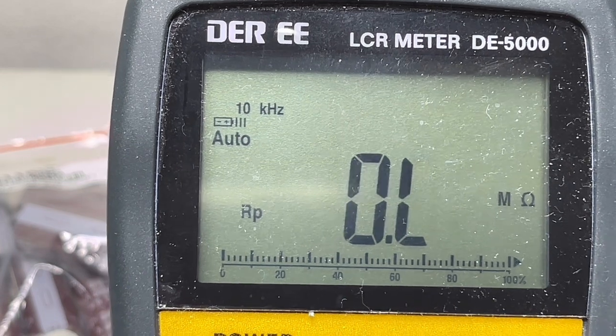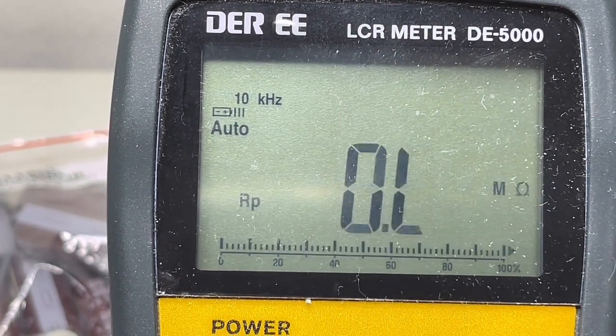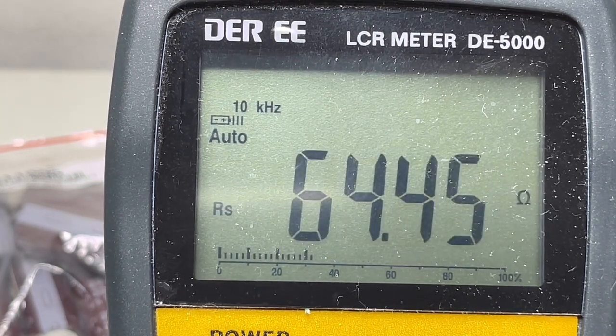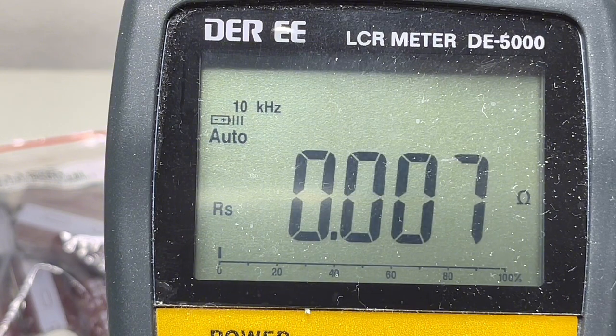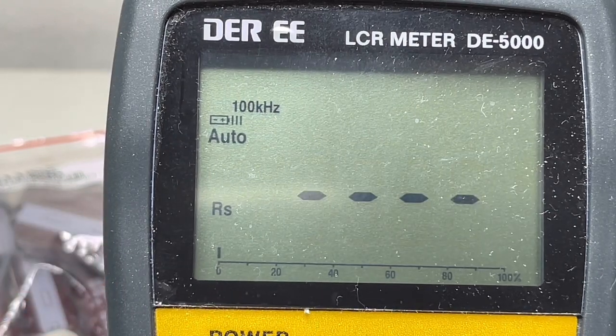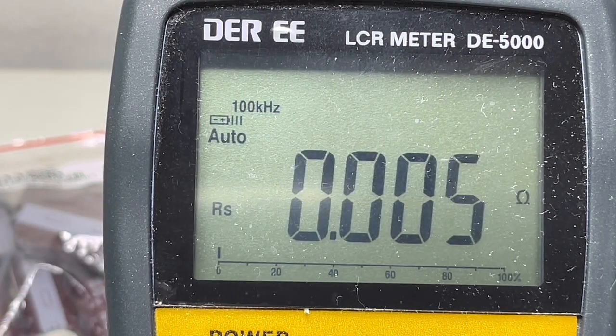Let's try it again. I just discharged it. What do we say here? Hey, come on, stay connected. 7 milliohms. And now we will go to 100 kilohertz. 5 milliohms. And we are exactly at 5 milliohms because at the